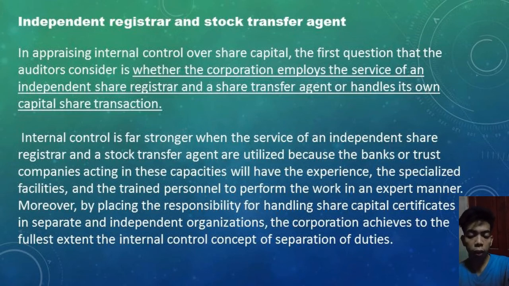Independent registrar and stock transfer agent. In appraising internal control over share capital, the first question that the auditors consider is whether the corporation employs the services of an independent share registrar and share transfer agent, or handles its own capital share transactions. Internal control is far stronger when the services of an independent share registrar and stock transfer agent are utilized, because the banks or trust companies acting